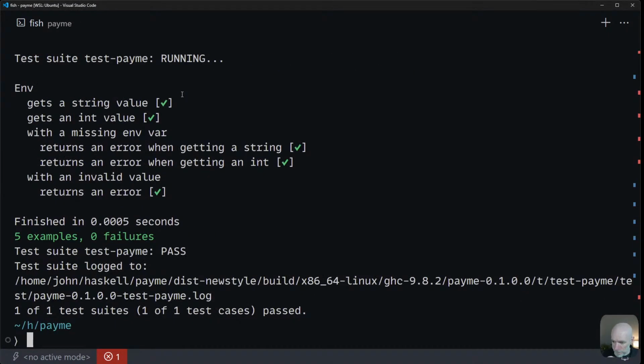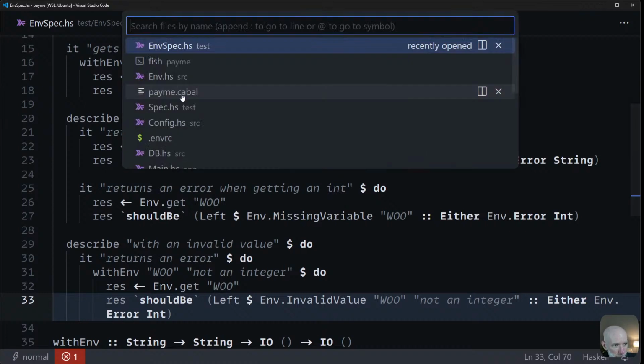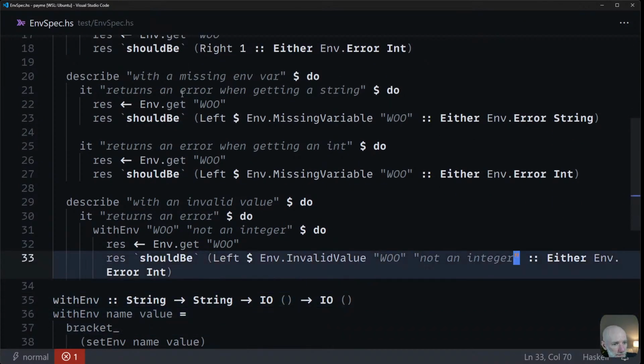Run that. Okay, so that works. That's all cool. There's one more case, but it's not one more case. There's something that's bugging me about this. And this is that